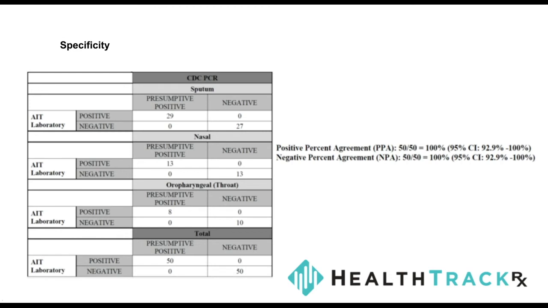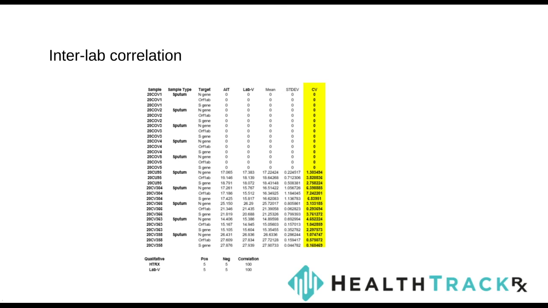And then at the same time, we moved very quickly to do interlab correlations. As per FDA guidelines, we took the difficult sample type, which was the sputum, and we correlated our results with another lab. And that allowed us the granting of our EUA. And since that time, I would say in the last 18 months or so, we have performed nearly 2 million